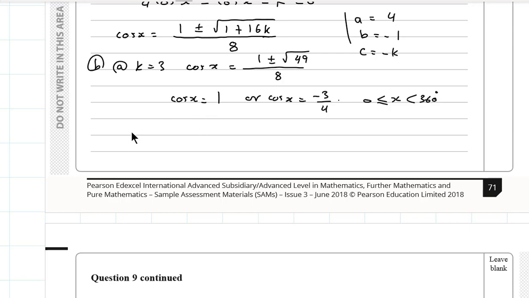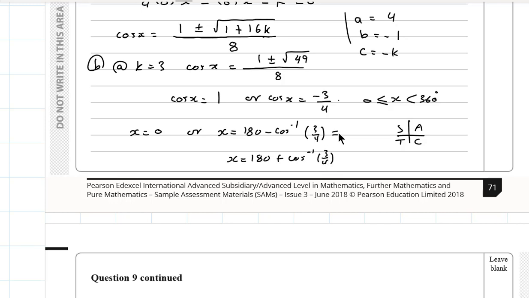So cosine x equals 1 means that x is 0. Or cosine x is negative. Of course, you know, according to the ASTC rule, cosine is negative in the second and third quadrants. So we can write x equals 180 minus cosine inverse 3 over 4, or x equals 180 plus cosine inverse 3 over 4, which are 139 degrees to 3 significant figures, or